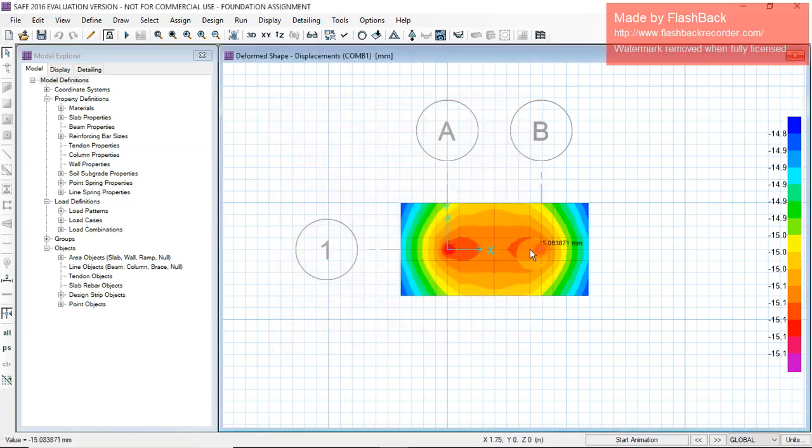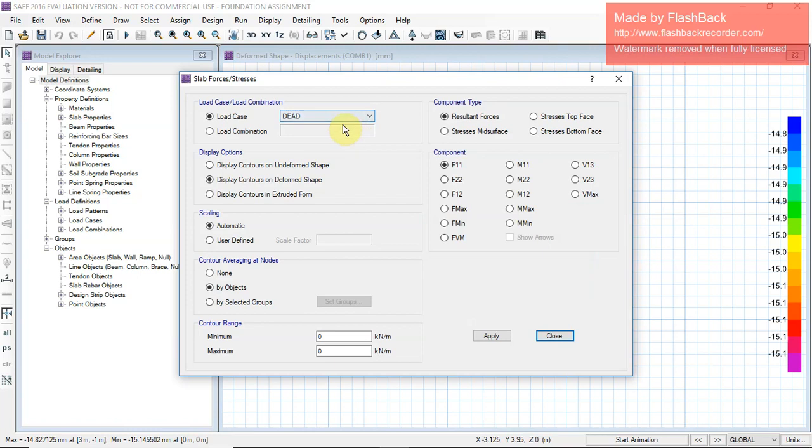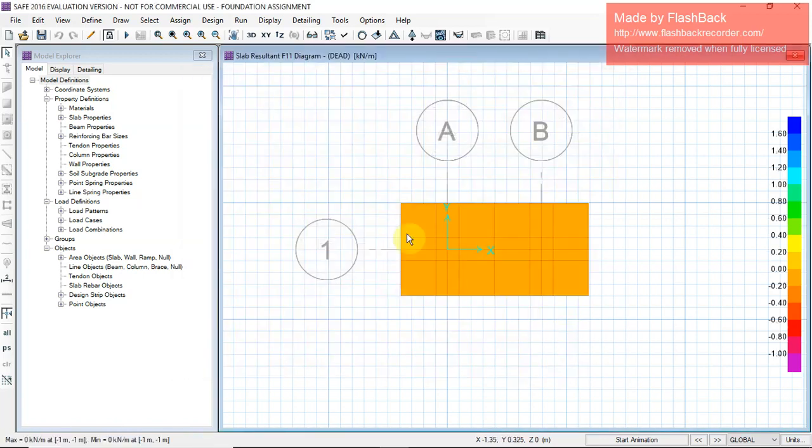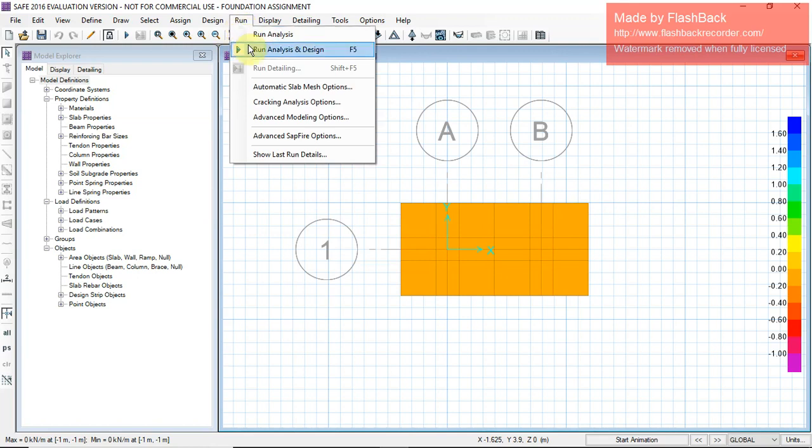Here you can see display condition. Now you can see the slab stress for the load combination dead. You can check for everything. Okay, close. Now we have to run analysis and design.